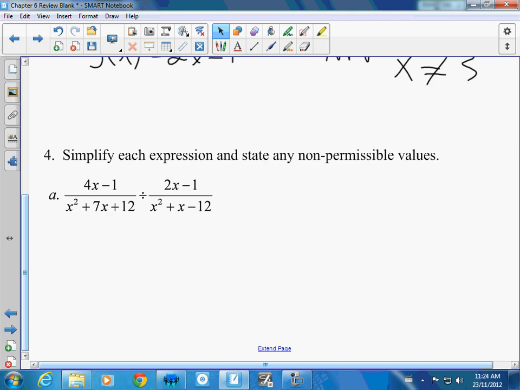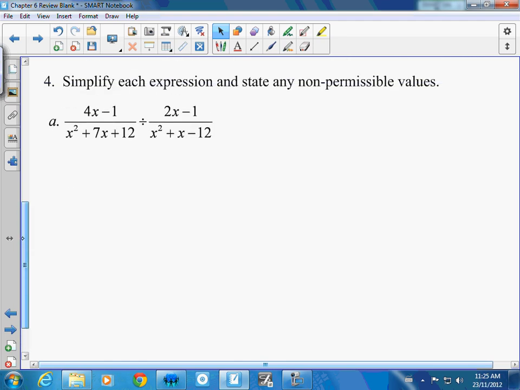Simplify each expression and state any non-permissible value. Standard question. We got to do both. You always have to do both. You factor whatever you can, whether top or bottom. And then you times it up. You got to multiply by the reciprocal. Okay, so there's a whole bunch of things you got to do in this question, right? So let's factor it for start. Actually, if you really get good at it, you can factor it and flip it at the same time, right? Yeah, why not? So 4x minus 1 over top of